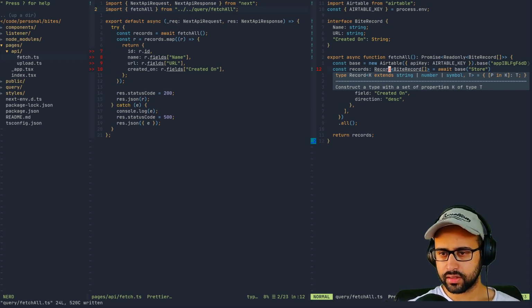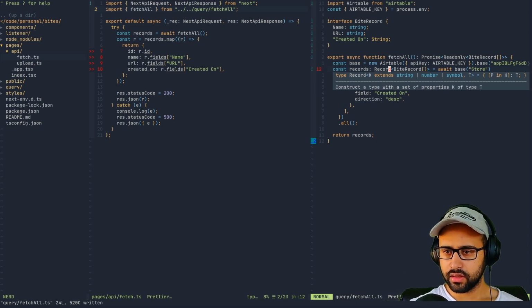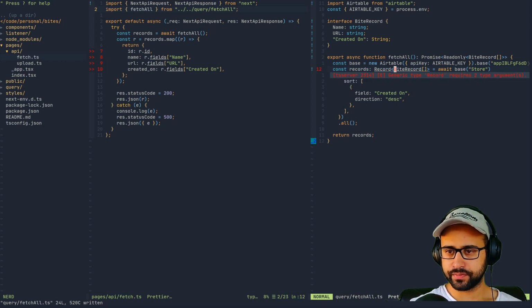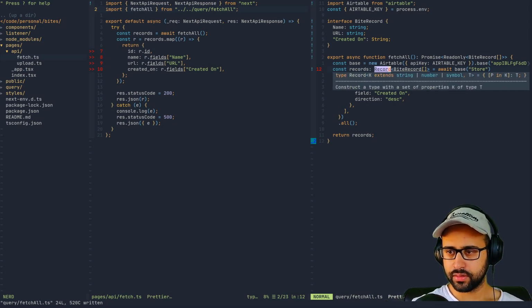Extends something like this, and K extends string. This is this. So this is our P in K. Okay, so this is our key, and then the T. Okay, so our key would always be a string.